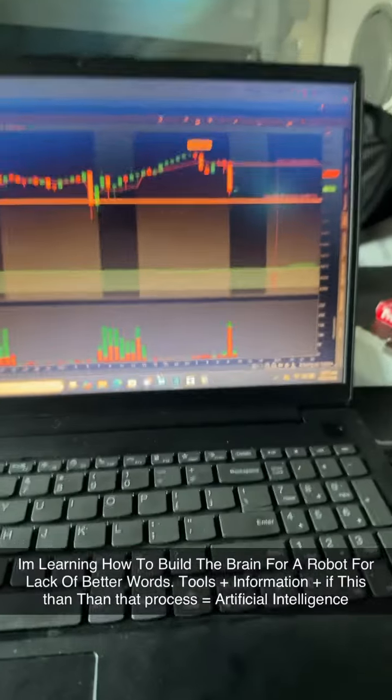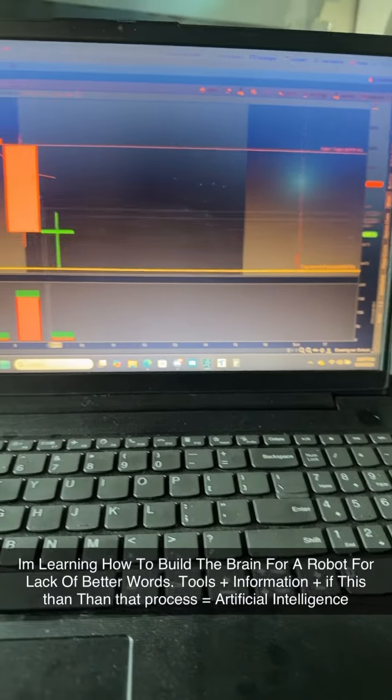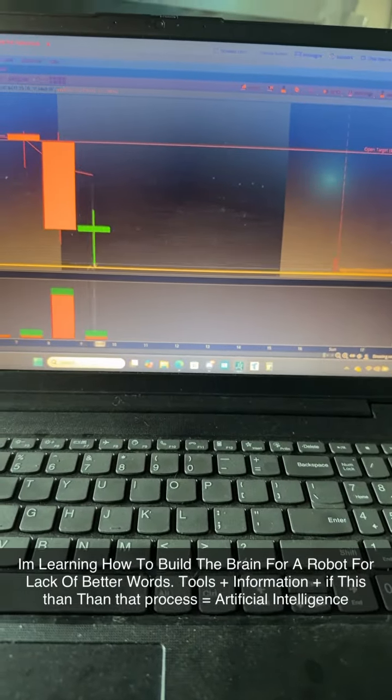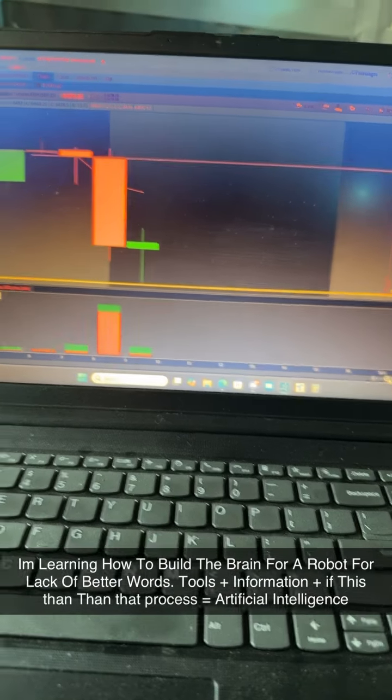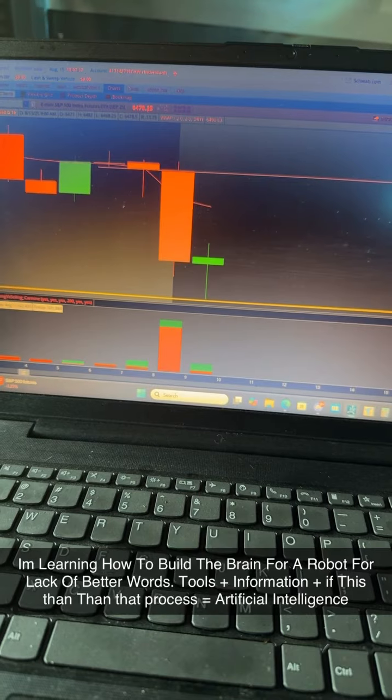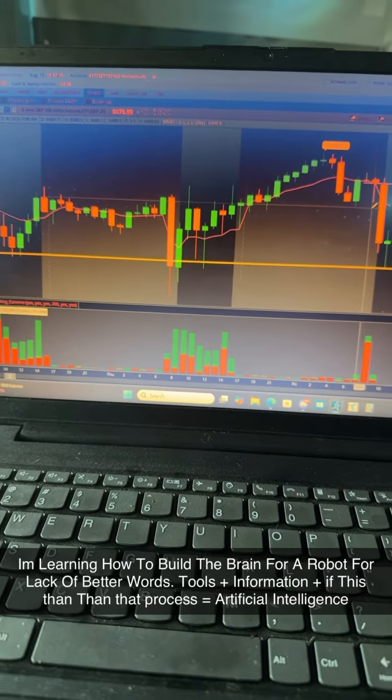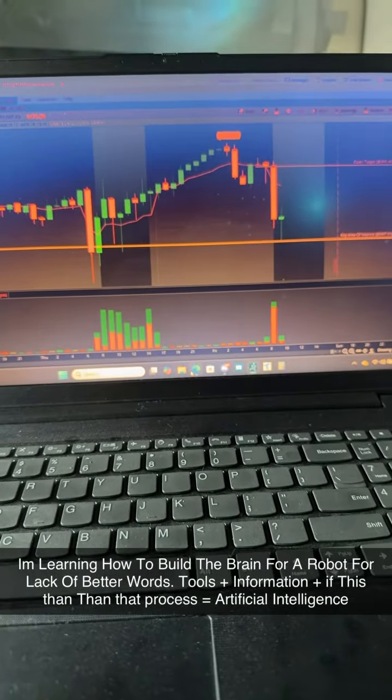All right, so now we talked a little bit about that, and as you can see, the price came down to this level and it popped up, which is where buying stepped in, which is what my original thesis was going to be anyway in the first place. But anyway, enough of that.